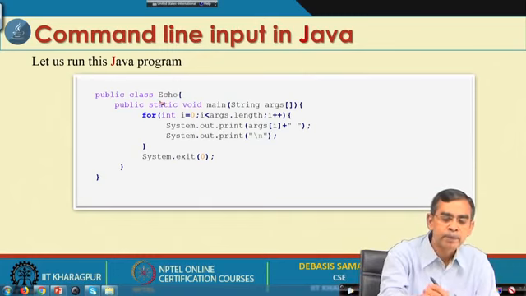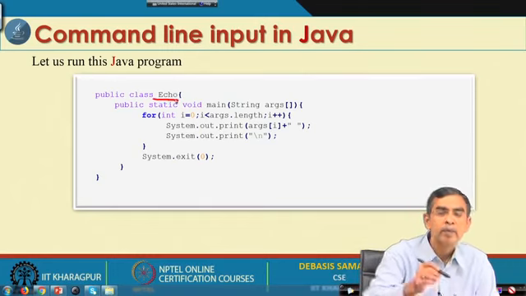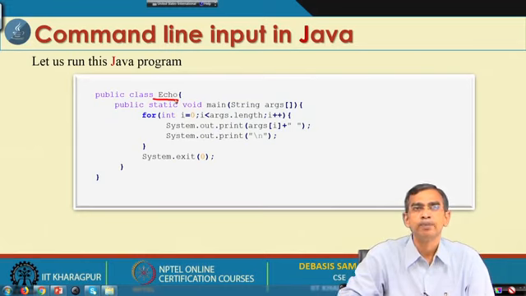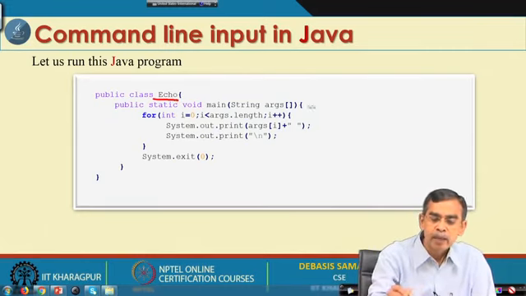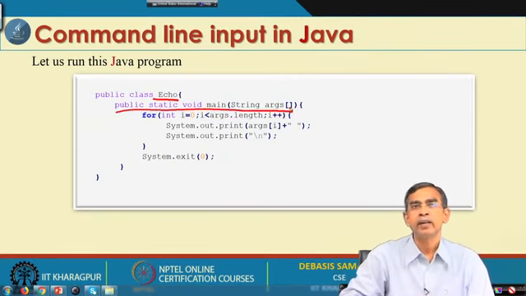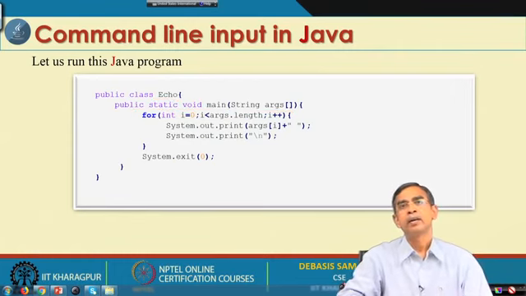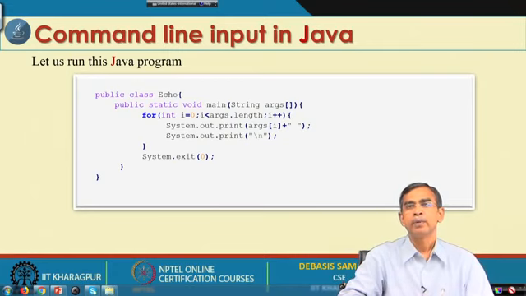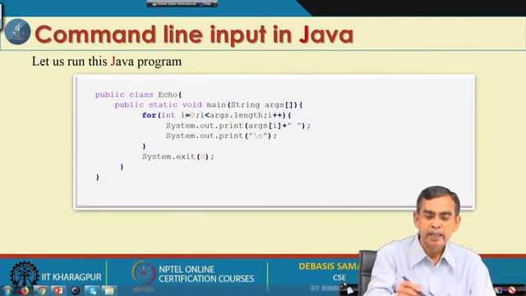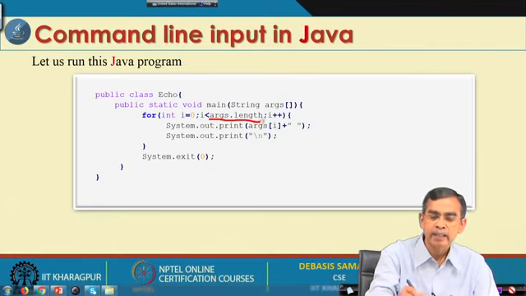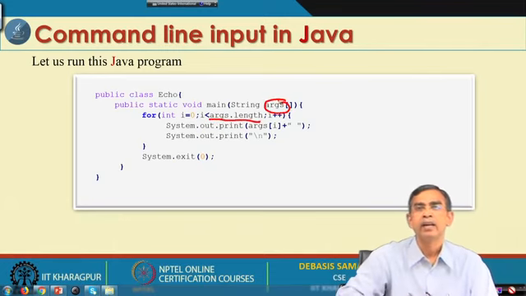Here we have defined one class, the name of the class is Echo, and this is the main method as usual, right. Now, here you will be able to understand the usage of String args as its argument. Probably you can recall, if you declare an array, the name of the array dot length returns the size of the array. So here in this example, args.length means this is a string array, and this is its length.